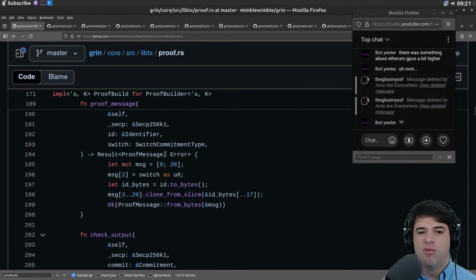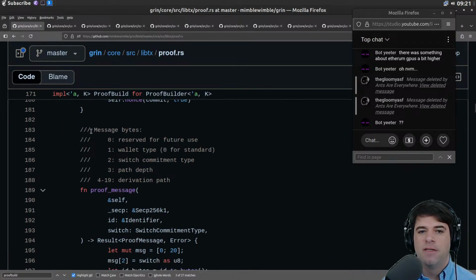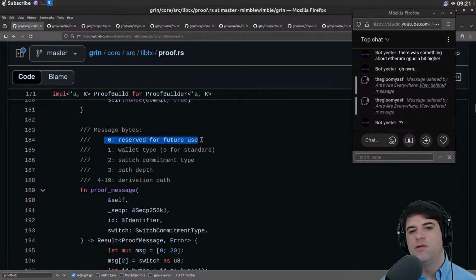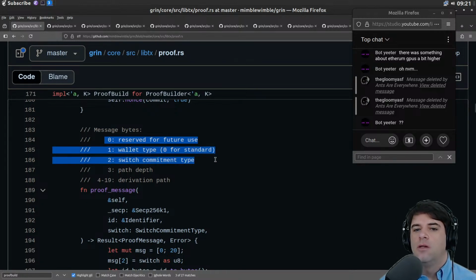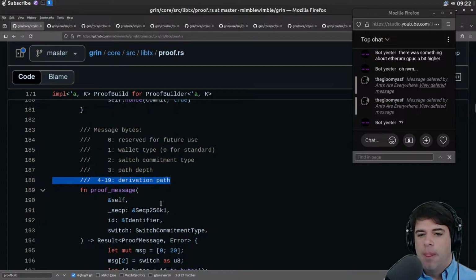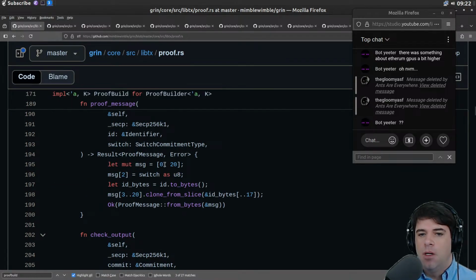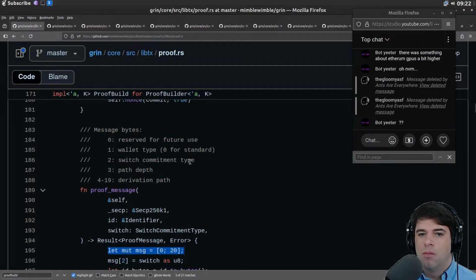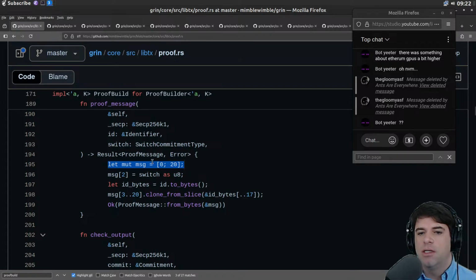Here's an implementation of proof message. So message bytes, 0 is reserved for future use. 1 is wallet type. 2 is switch commitment type. 3 is path depth. And 4 to 19 is derivation path. So we're going to create just like a vector, some slice of memory to record the message.